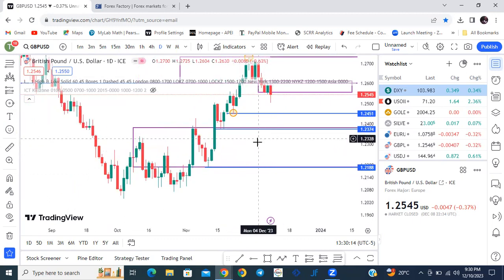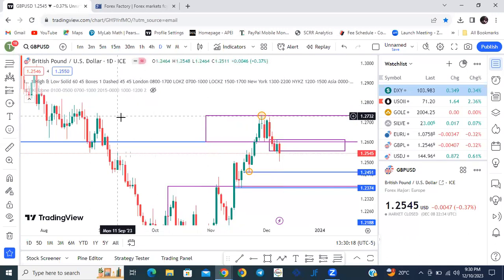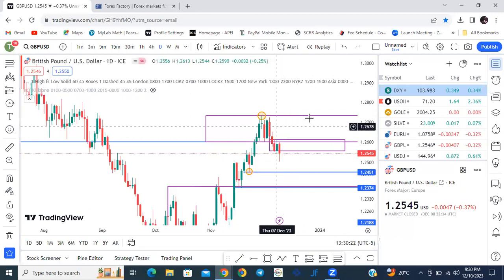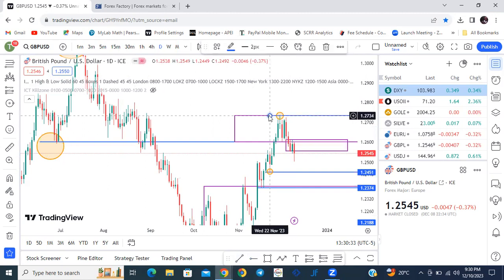So ensure you mark those levels. On the uptrend, if the uptrend is sustained, that is if the price does not respect this weekly supply area and it's breached, then we want to see the price break through this level,